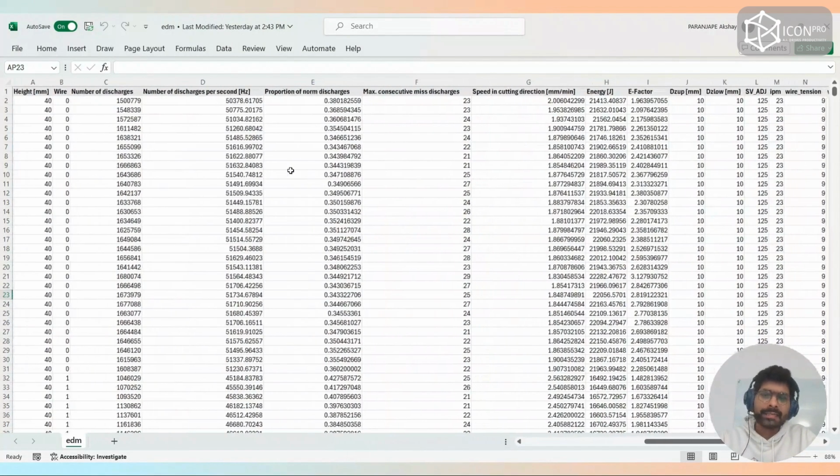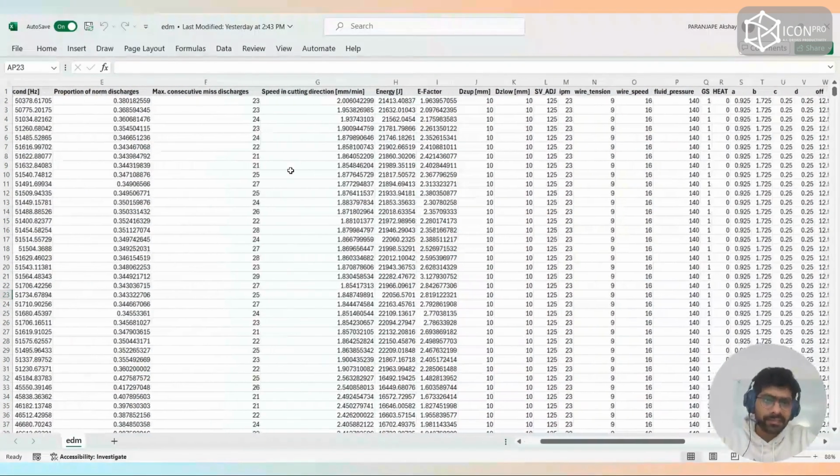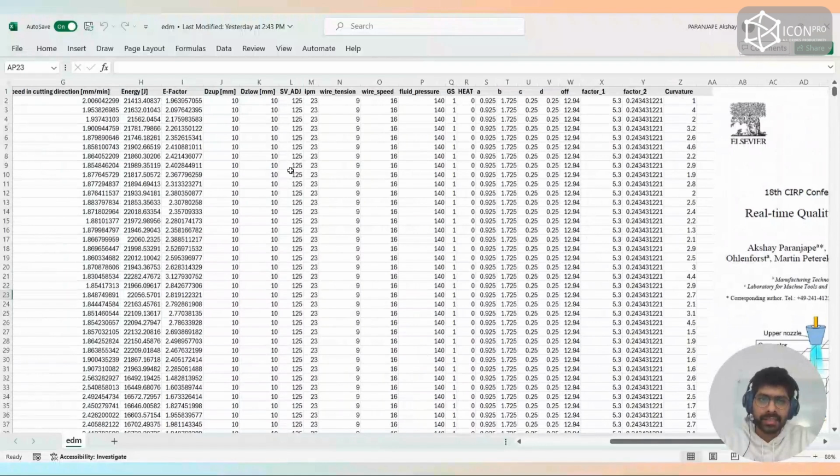These 26 input parameters include features like the raw material, so which kind of wire is being used, the height of the workpiece, some parameters like the proportion of normal discharge, proportion of short circuit discharge, cutting speed, and some machining parameters which are encrypted here, and some parameters like wire tension, wire speed, and so on.